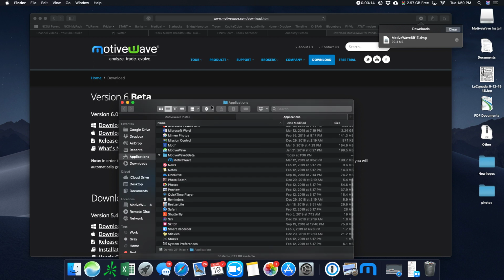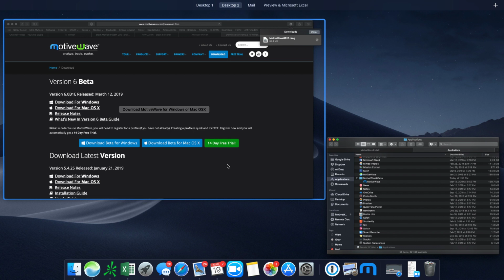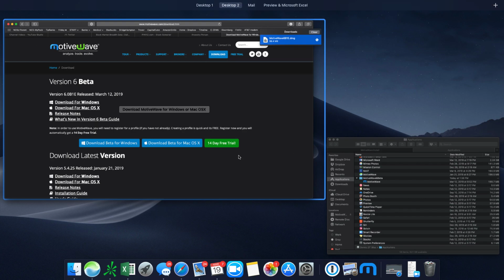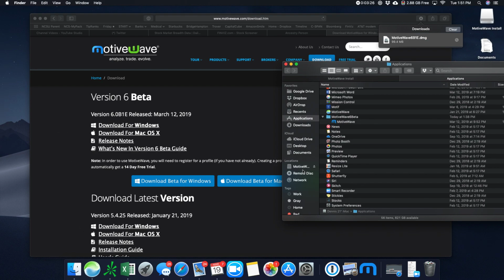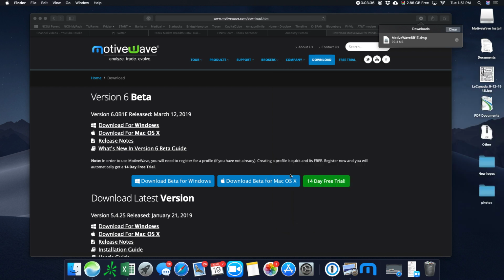So here we've got MotiveWave Beta 6. Bring up all my windows. Here's my MotiveWave. So I'm going to take that and I'm going to drag it into my new folder. Net effect is I have a new